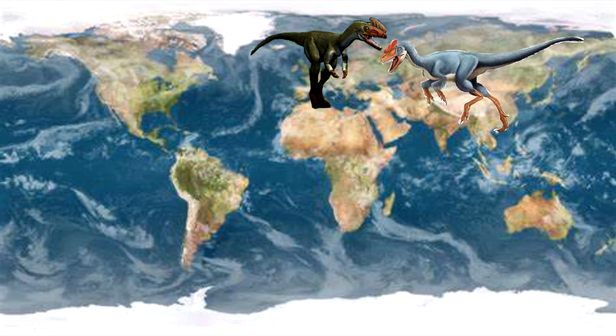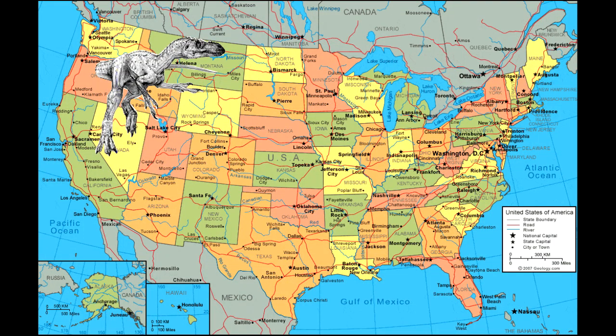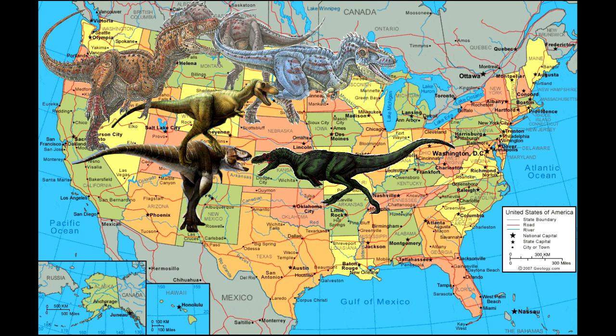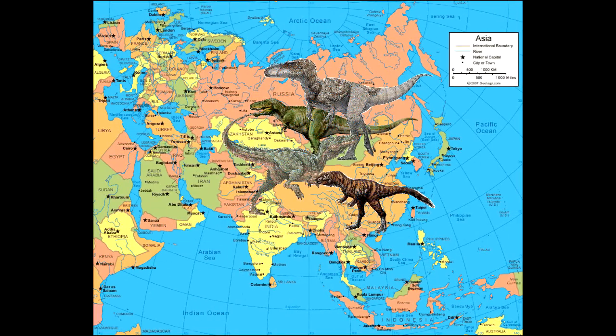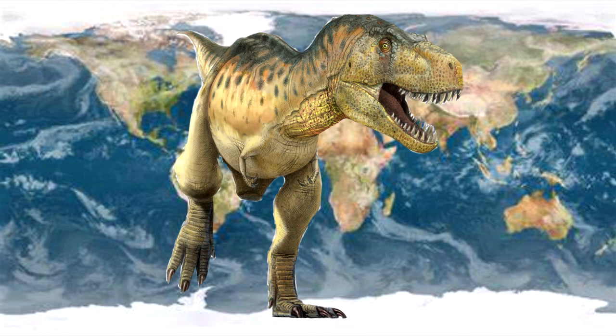Later, a descendant of Guanlong had crossed the country of China and went into North America as the dinosaur Stegosaurus. Though Tyrannosaurs began to spread across North America during the late Jurassic period, they didn't rule the country until the Cretaceous period. They also started to rule Asia too around the same time. But unfortunately, the last Tyrannosaur in Europe had died around 130 million years ago. Now, like the Ceratopsians, we all know what happened to the last Tyrannosaur.